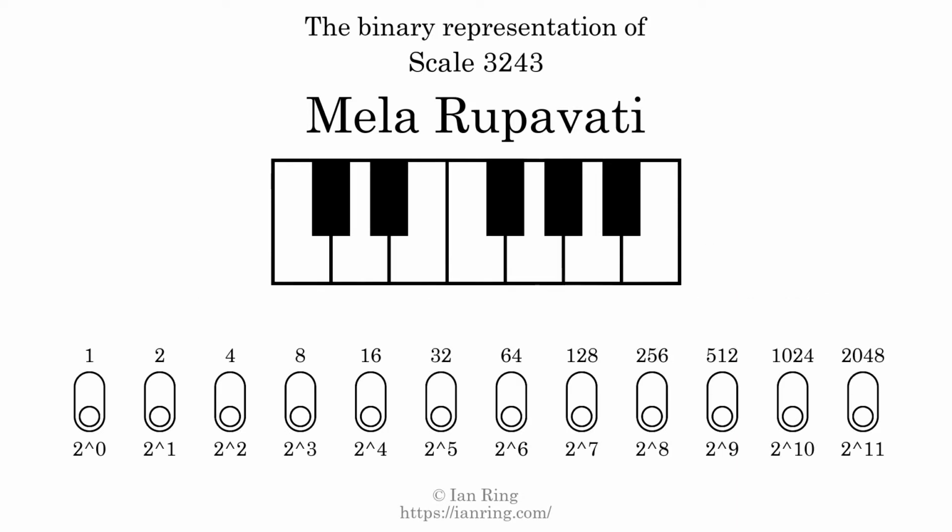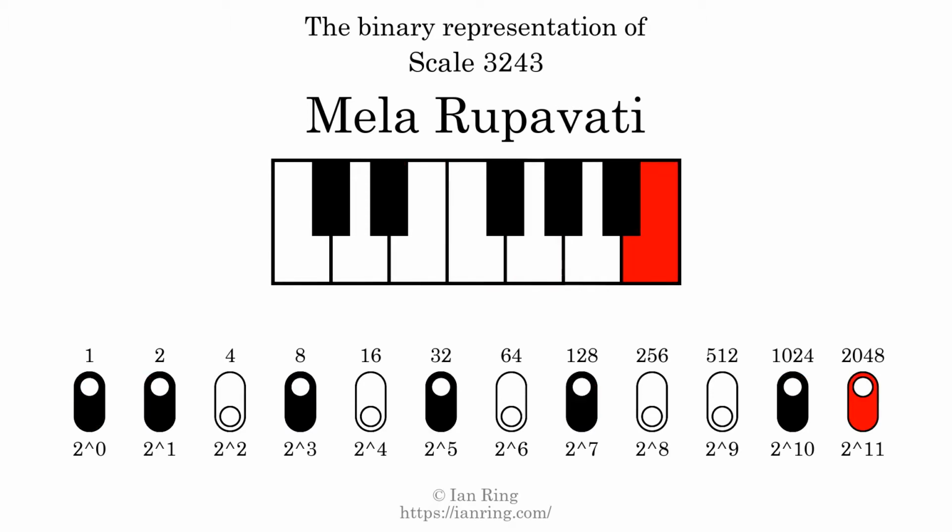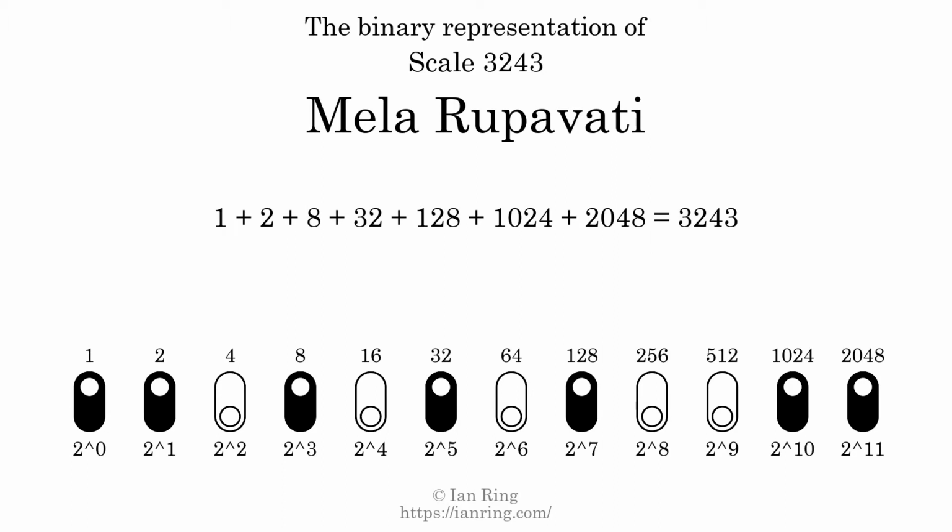The binary representation of this scale is determined by mapping tones of the scale to binary digits. Each binary digit represents a power of 2. To get the scale number, we add the powers of 2 together. The powers of 2 that are present in the scale, all added together, equals 3243. That is why the scale number, in decimal, is